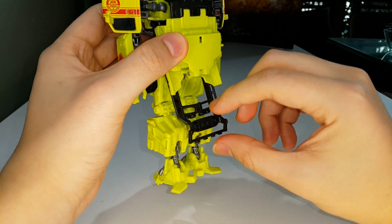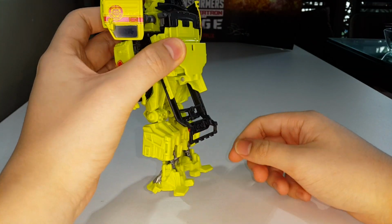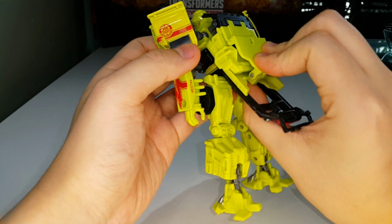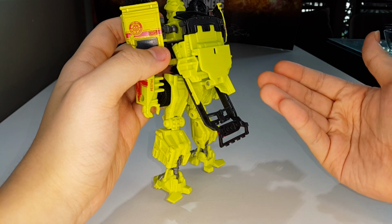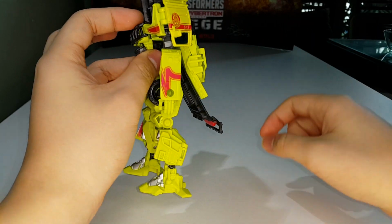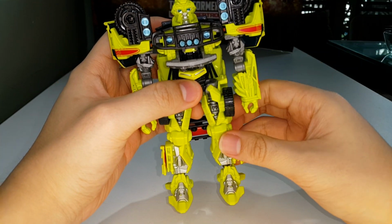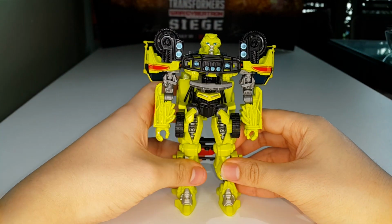So yeah, and the backpack, I really don't like this hanging down. It just looks ugly to me. I just don't like it. I mean you can do this if you want to, but that doesn't make it a lot better. So all you have to do is this. I wish there was a hinge to just fold this up, so that way the backpack won't look ugly. But anyway, it is what it is. I don't really care about what the backpack looks like, but I still don't like that sticking out. I'm sorry. And also, the ball joints at the hips are really loose,